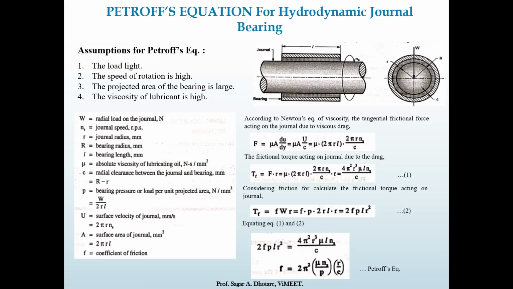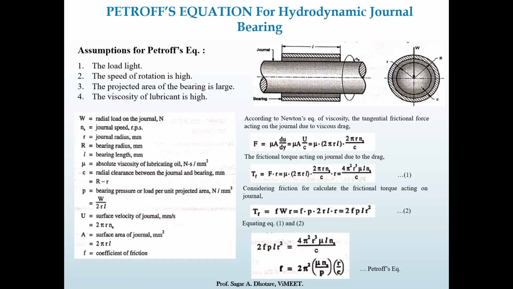So finally what we get is F equal to mu times the area, that is 2 pi R L, times du by dy, that is U by c, which is 2 pi r n_s divided by c, where